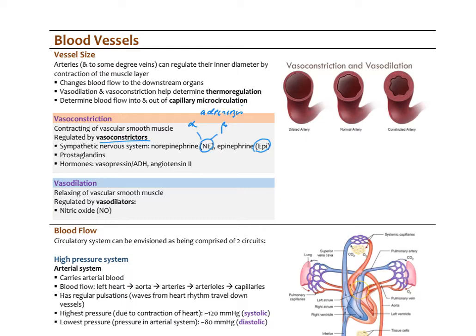Well, it turns out alpha 1 receptors are on a lot of your vasculature, and when that's stimulated by norepinephrine, it causes vasoconstriction. However, some of your skeletal muscle actually has beta 1 receptors, and when norepi binds to beta 1, it actually vasodilates those vessels. So that sounds complicated, but if we think about what the sympathetics are doing, they're essentially trying to increase the activity of your heart and your lungs and your major muscle groups, so that you can run away